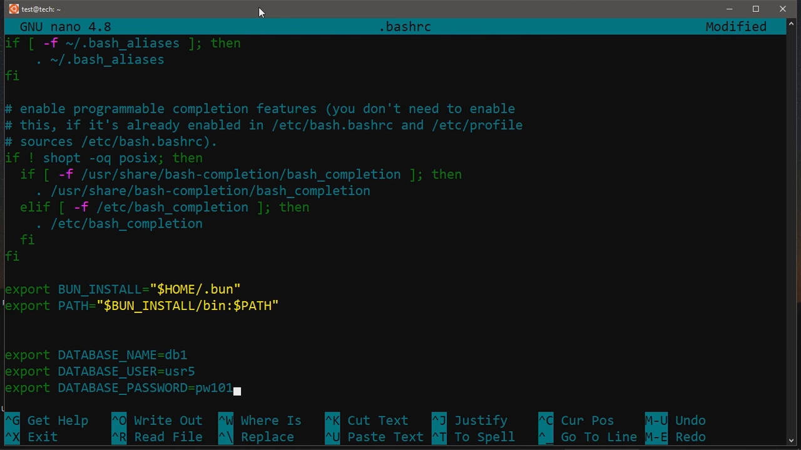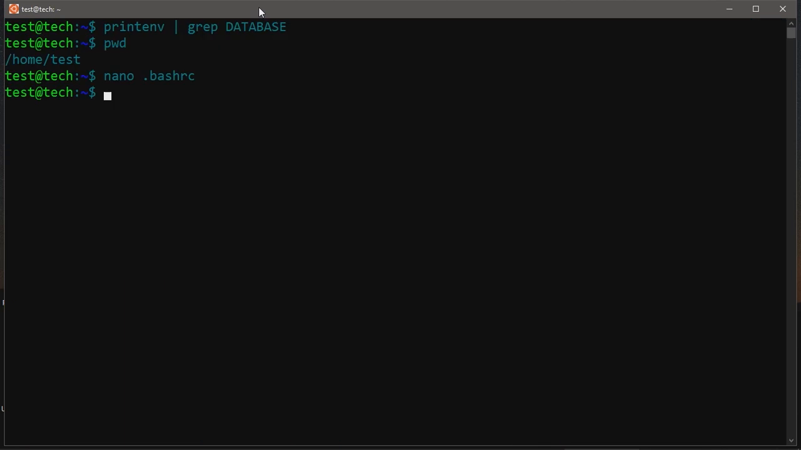To save in the nano editor we can press Ctrl S and it will save, and we can press Ctrl X to exit. Now if we run our printenv with grep, it will not output because this bashrc file is not refreshed inside the operating system. So for that we need to use the source command. Source .bashrc command will tell the operating system to load the bashrc file again, and then if